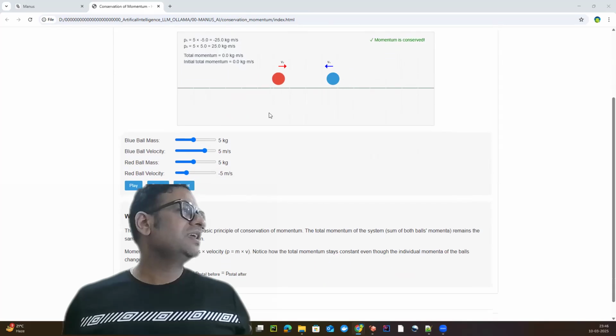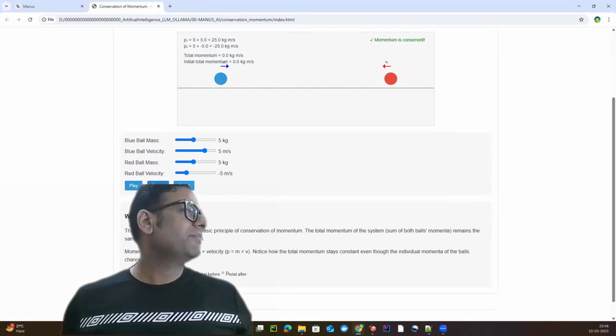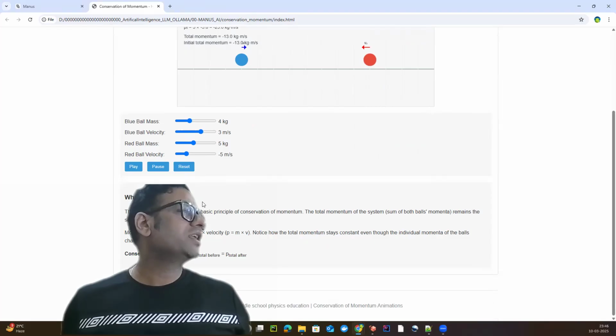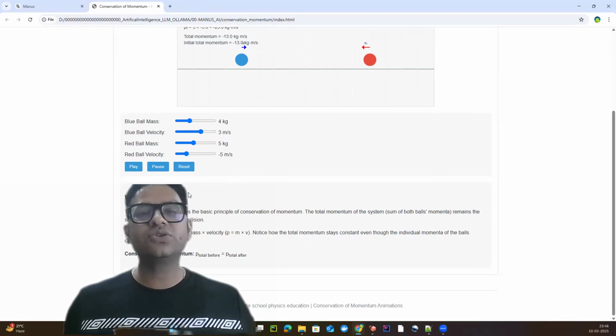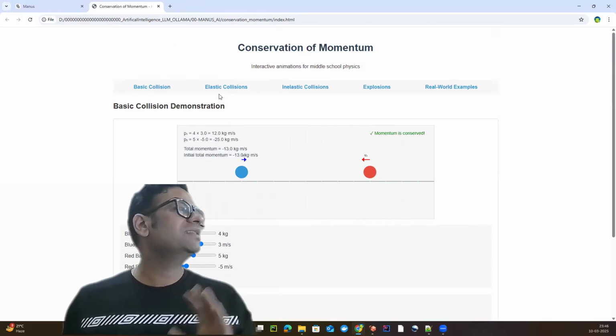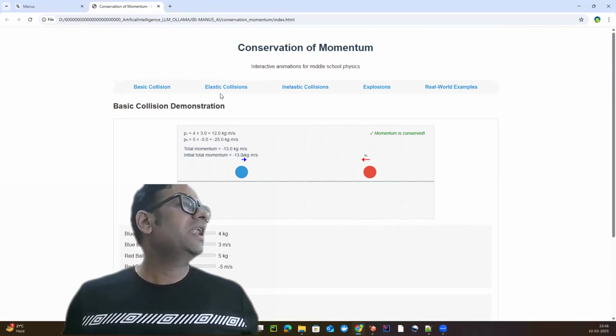Here, you can see we can play, pause, and reset it, and we can change the mass and the speed of these objects, right? And it's explaining what momentum is. So the conservation of momentum is being explained by this interactive animated